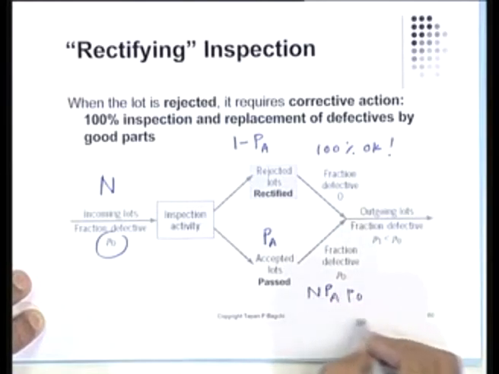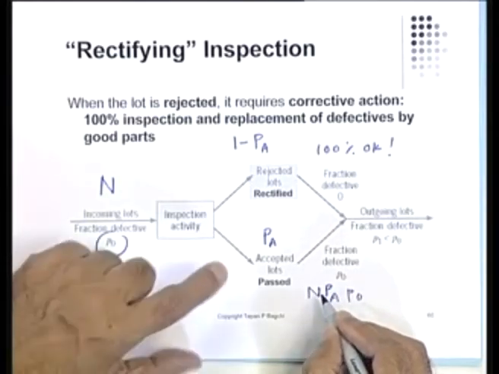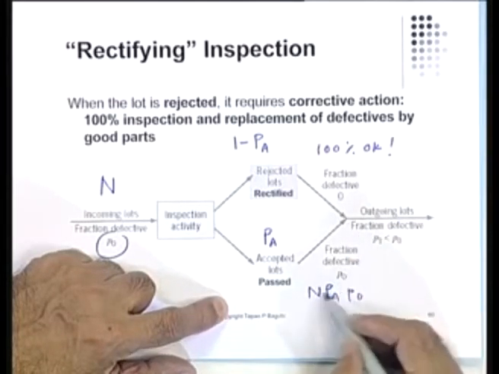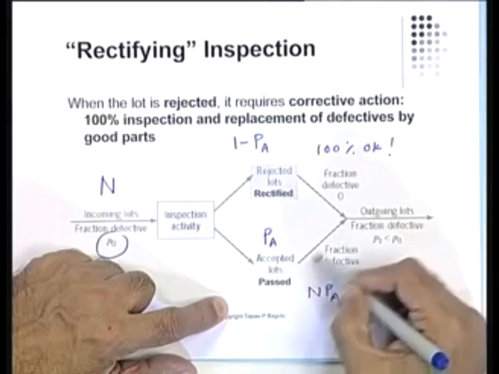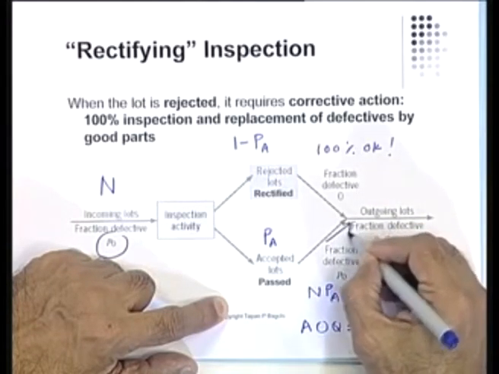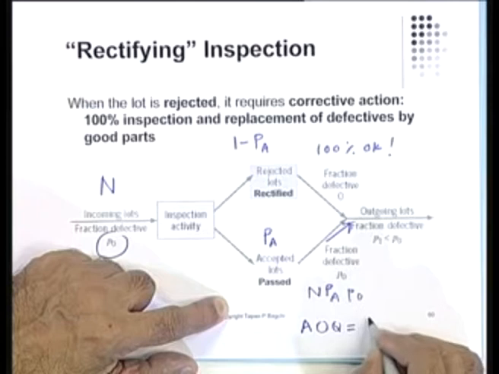So if you look at the quantity here, I have the average quality that is going out this way. If I indicate by this quantity called AOQ, average outgoing quality, that is going to be PA